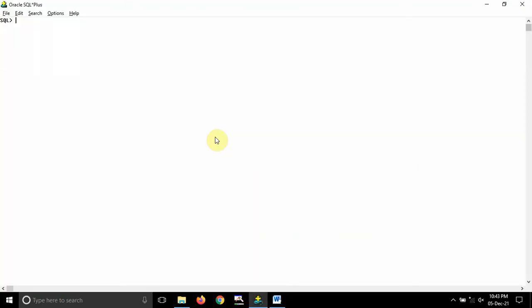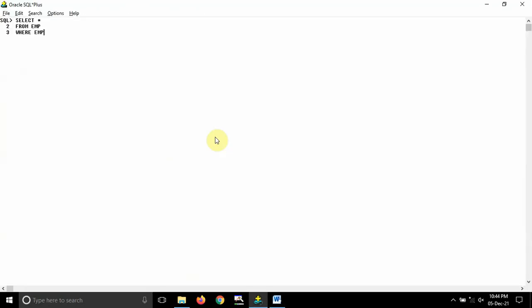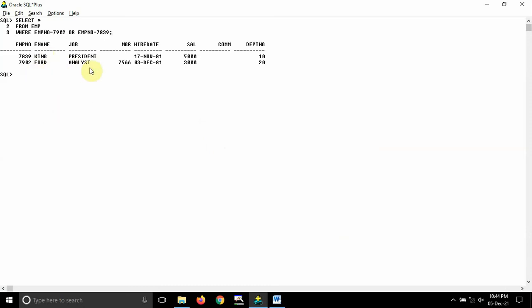I want details, so I will write select star from EMP where EMP number equal to 7902 or EMP number equal to 7839. These are the two conditions. If I hit enter, you can see King and Ford are the two employees who are satisfying the above conditions.